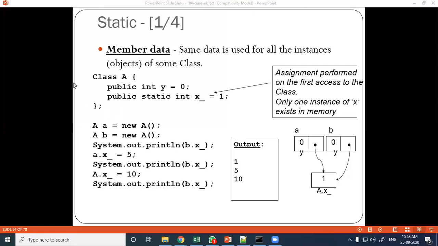And remember, in this class both are public, as mentioned here. Normally the static members are public because they are shared by all the objects. This member can be public or private, whatever. But the static member is usually public because it will be shared by all the instances of that class. And it is common, open to all the objects or all the references.